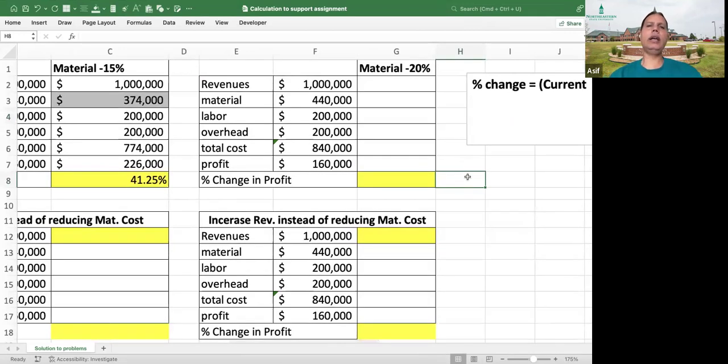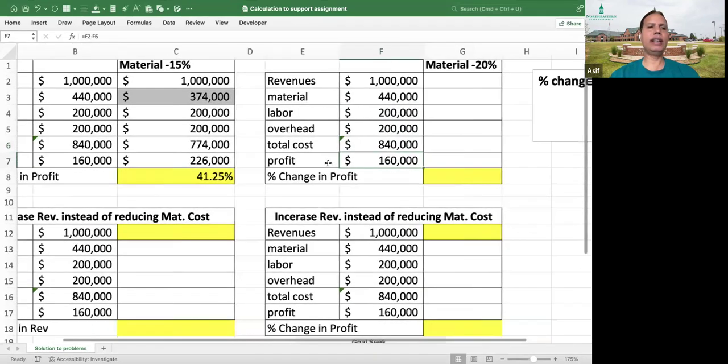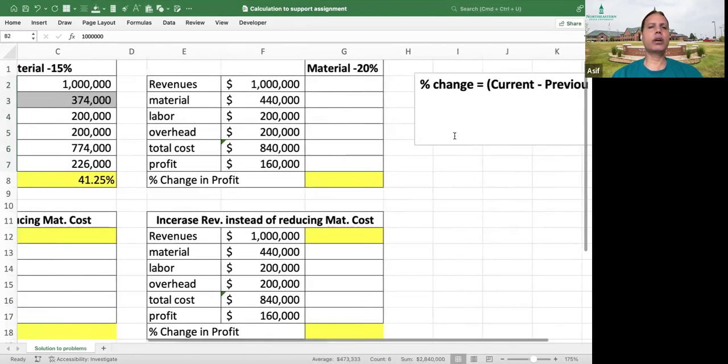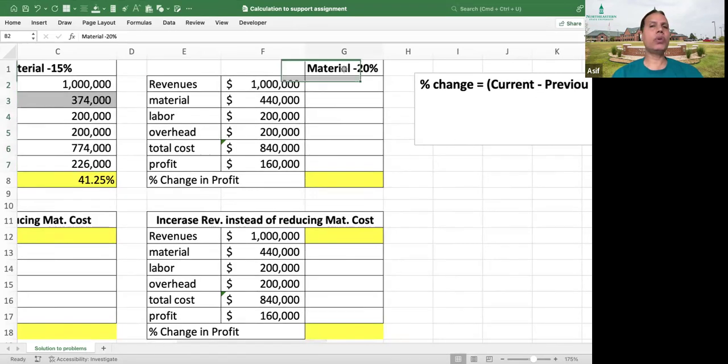All right, so here we have one more example. And in this example, we'll be making a reduction of 20%. So again, we have this data, which is the same data. And as you can see here, this is the total cost. And total cost is 440,000 plus 200,000 plus 200,000, that's 840,000. And then profit is 160,000, and it's exactly the same data that we used here. But the only difference we are gonna make here is that instead of reducing material cost by 15%, we are going to reduce material cost by 20%,